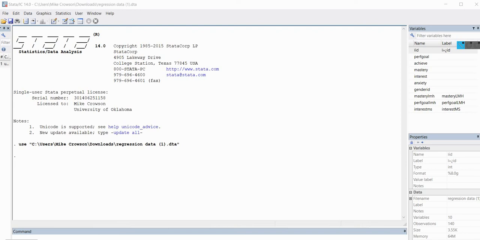Hi everyone. In this video I am going to demonstrate how to obtain robust standard errors and test statistics when performing linear regression using Stata. In particular we are going to be focusing on the use of heteroskedasticity-consistent standard errors when testing inferences concerning population parameters. The reason this topic is important is that when you're performing linear regression, one of